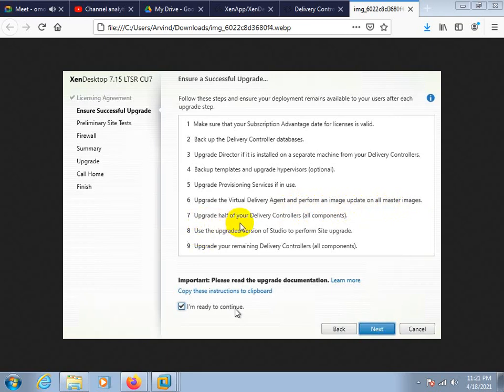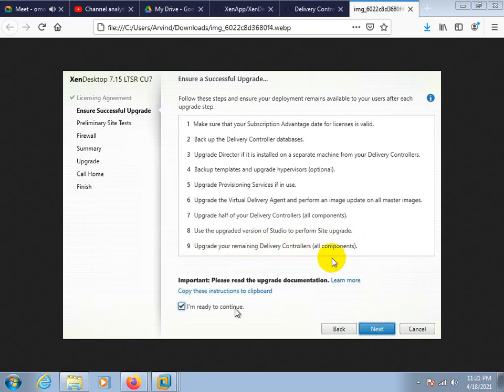Then upgrade half of your delivery controllers, all components. Half means suppose you have two delivery controllers in the environment. So first, any one of the two delivery controllers, you can use the upgraded version of Studio to perform the site upgrade, and then upgrade your remaining delivery controller.